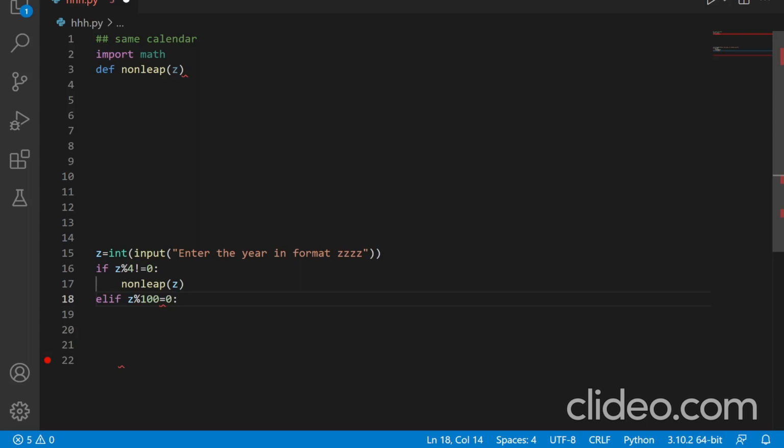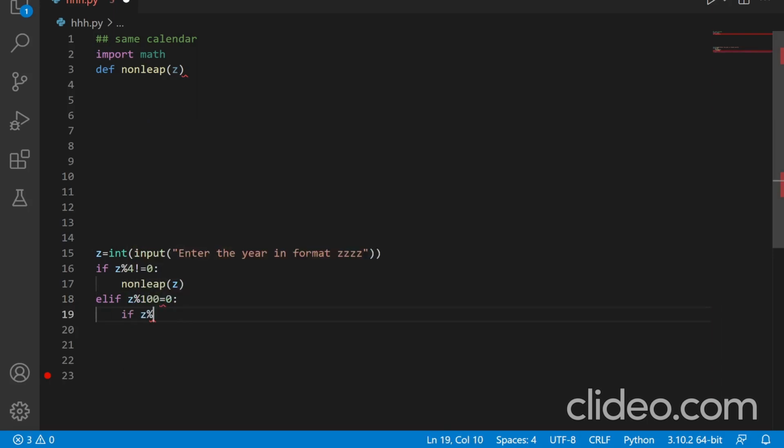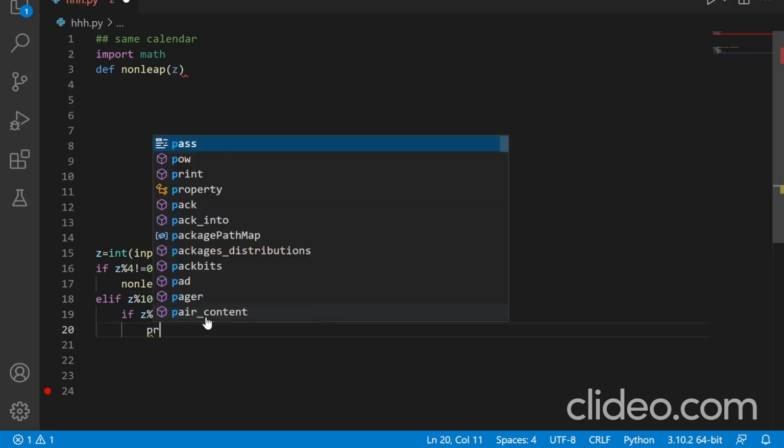So I need to check for this, and if that's the case, I will again check that if Z by 400 gives me the remainder 0, then this is a case of leap year. I hope you're able to understand this. So I will print